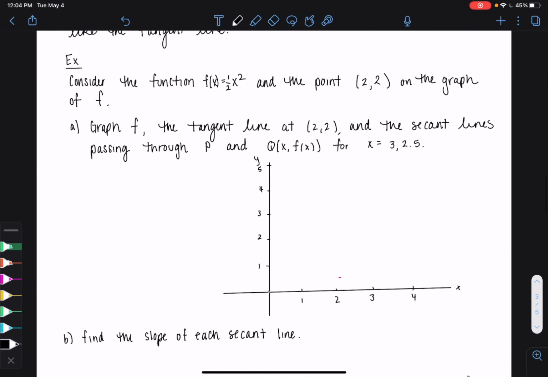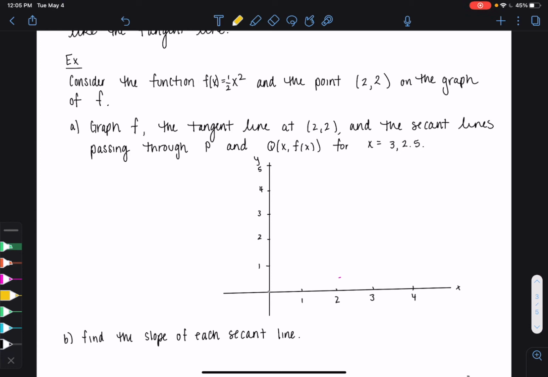Let's consider the function f of x equals 1/2 x squared and the point (2, 2) on the graph of f. We're going to graph our function, we're going to graph the tangent line at (2, 2), and we're going to graph 2 secant lines when x is equal to 3 and x is equal to 2.5. So first thing I'm going to do is I'm going to graph this function. It is just a